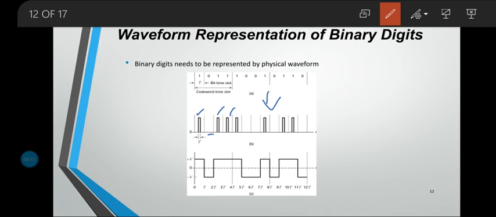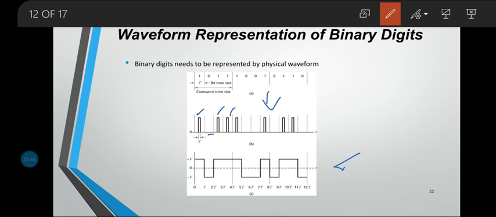Now we have the waveform shown in this particular figure 2.21c. What is this waveform? A sequence of present or absent pulses. We can also say that this is a sequence of transitions between two levels. What are these two levels? When the waveform occupies the upper voltage level, it represents a binary 1. When it occupies the lower voltage level, it represents a binary 0.